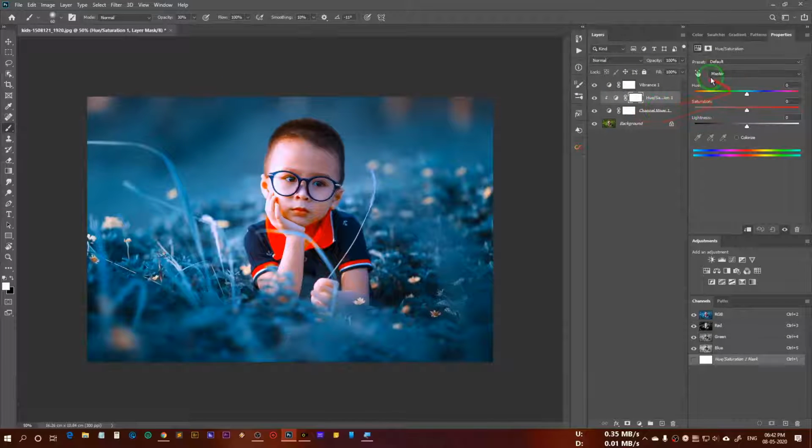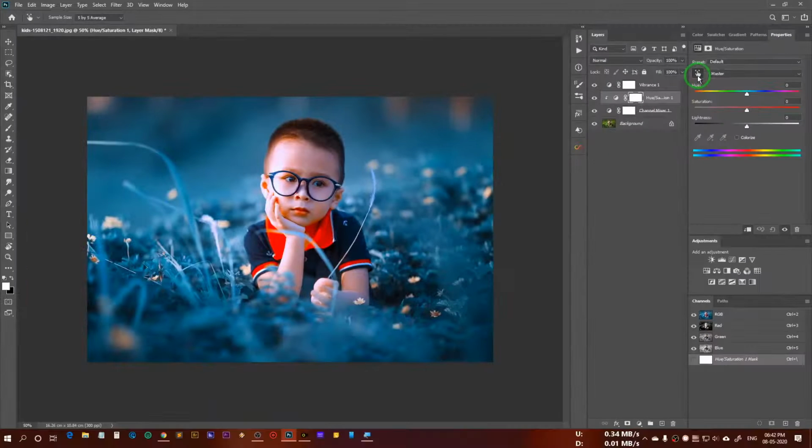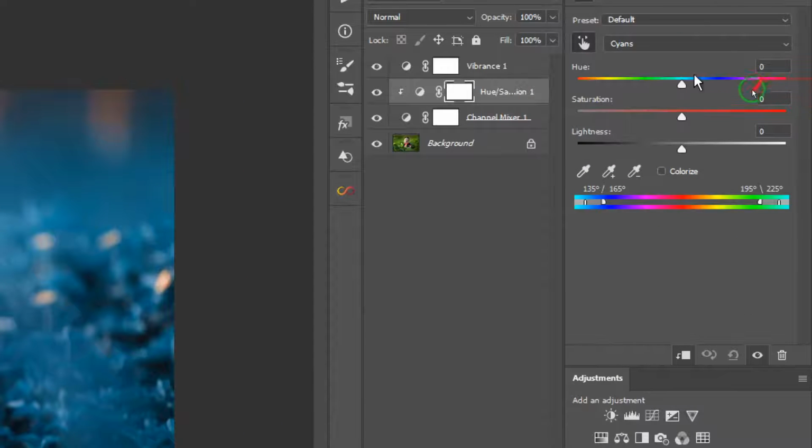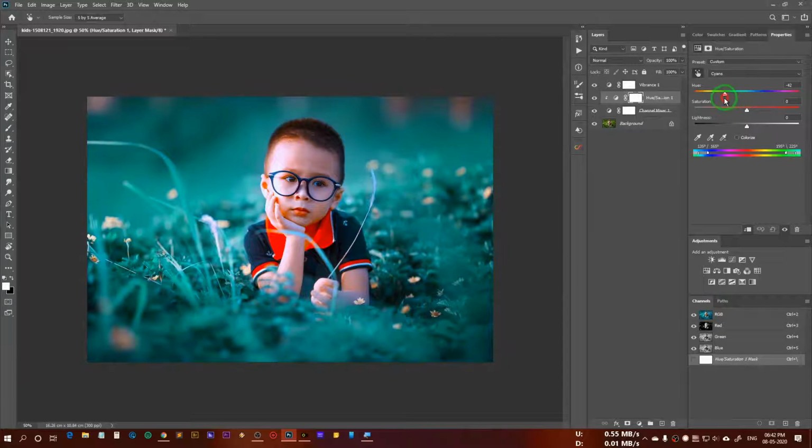And thereafter we have to change the hue of this color. So we can either pick this hand picker tool and click anywhere to select that color, and then with this hue slider we can change it to any color we want.